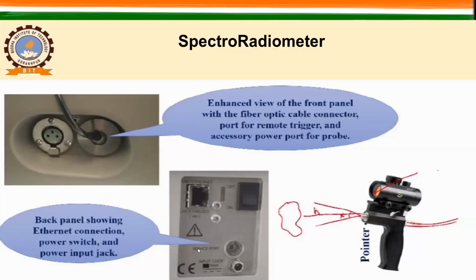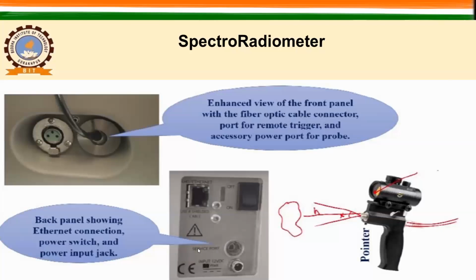This is a fiber optic cable, okay? And here you may have some field of view depending upon the instrument. So assume you have X field of view, right? And you are looking at a sample, okay? So you have to decide what should be the height H, then only it will cover this particular object, and using this bubble, you can make sure whether you are looking vertically or there is some tilt angle.